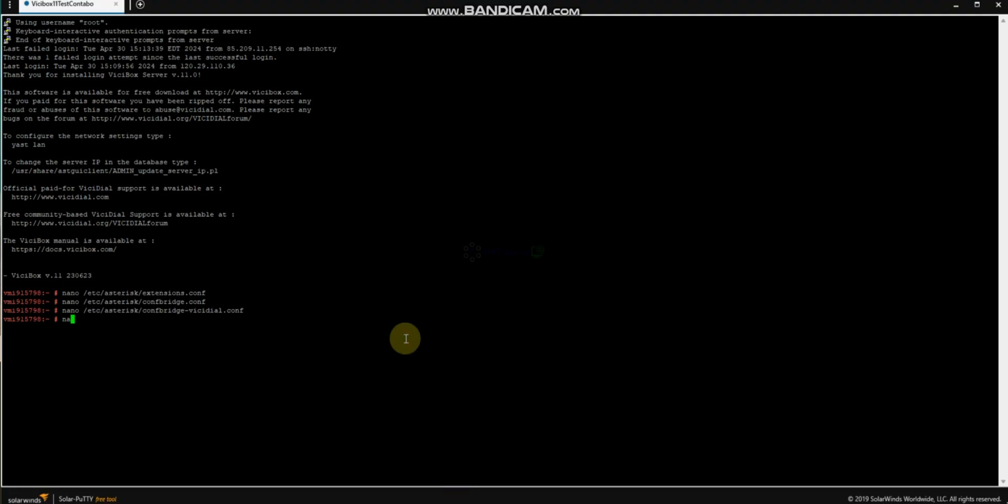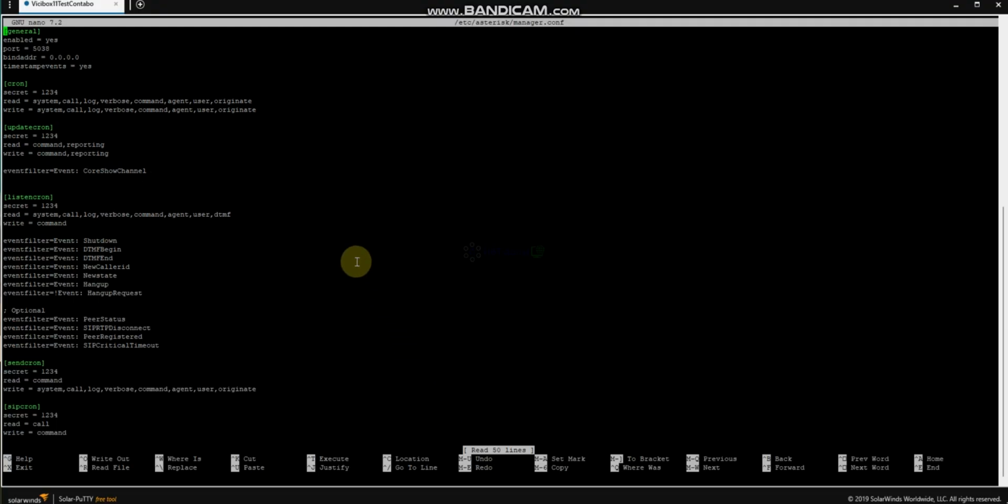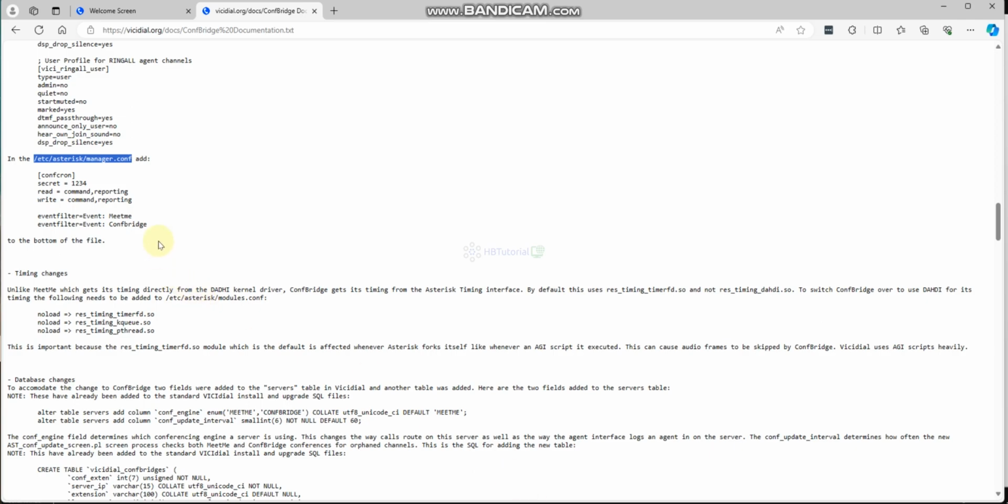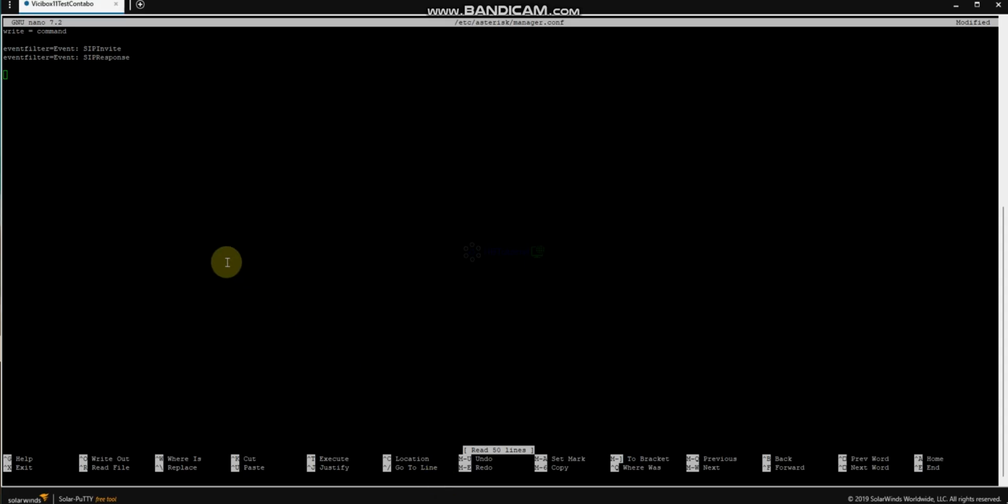Here, nano again. Control V to scroll down. From here you need to paste the new code again, this one. And don't forget to remove the